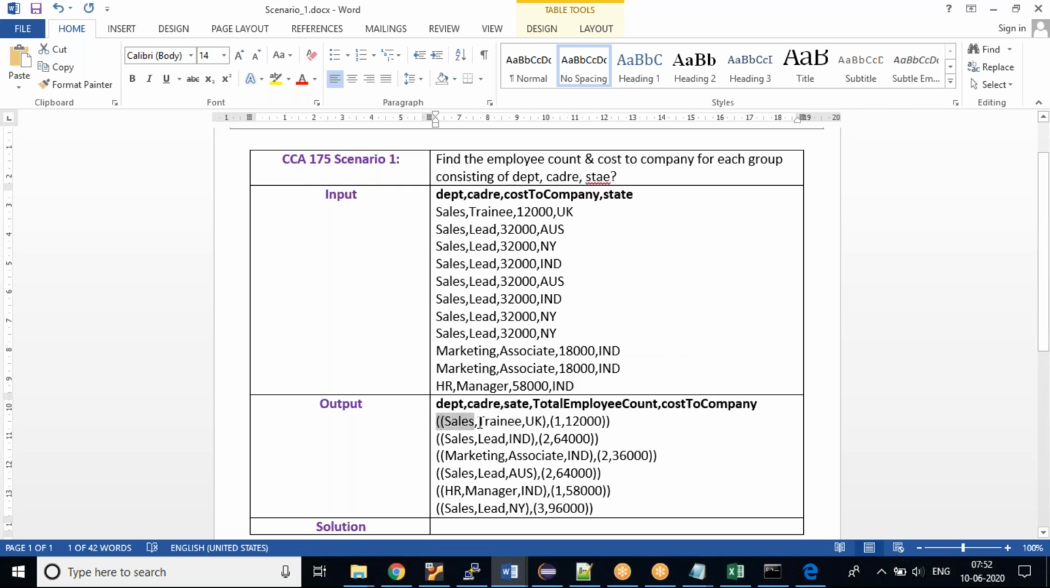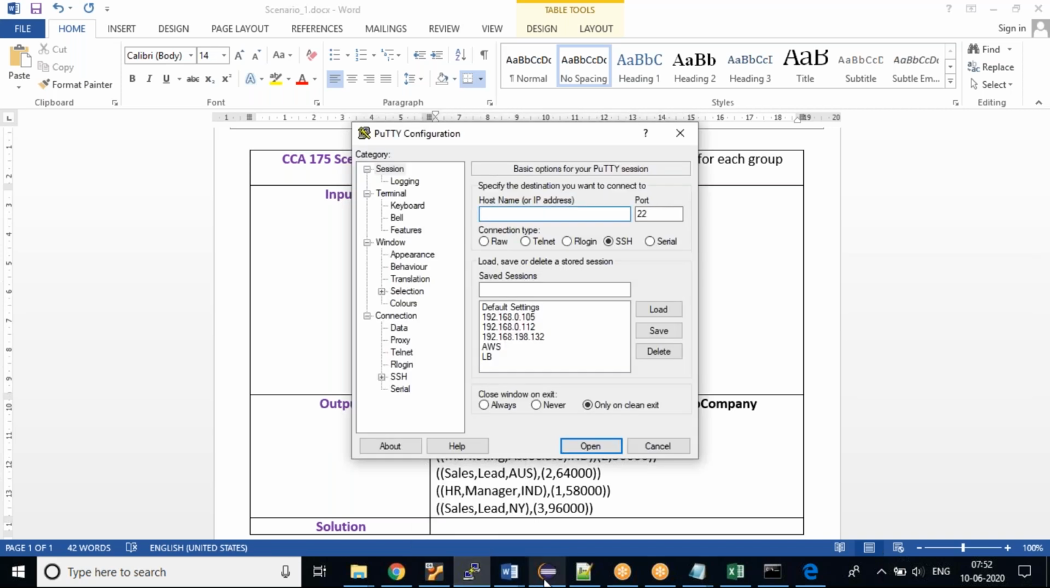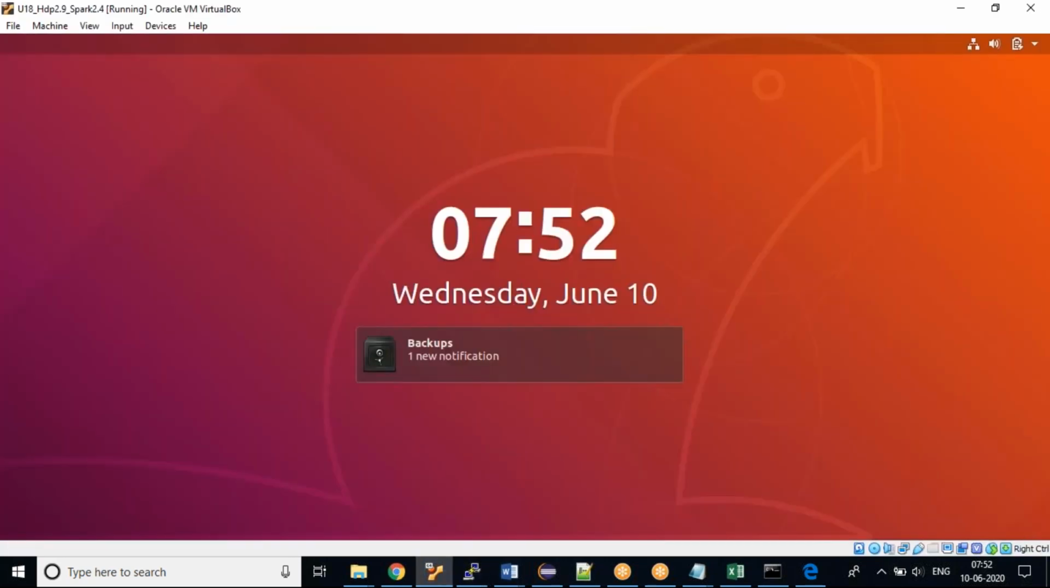So this is being created as one tuple, and I need to find the employee count. The employee count is 3 for New York, and for this group it is 2. I also need to find the cost to company. So in this scenario, we need to take care of two things: one is creating the group, and the second is aggregation. I'll not show you the RDD method. I'll show you the data frame method. Before that, let me